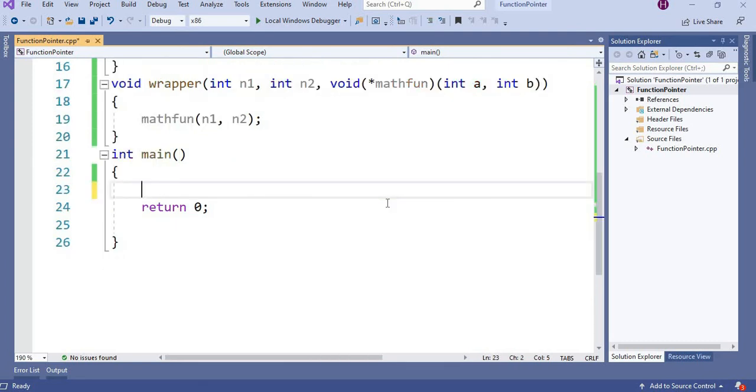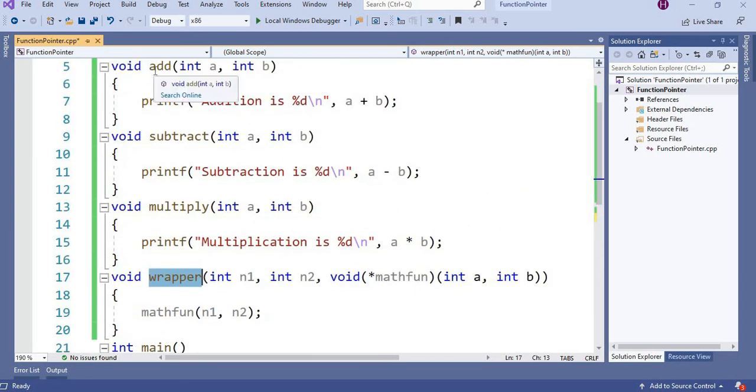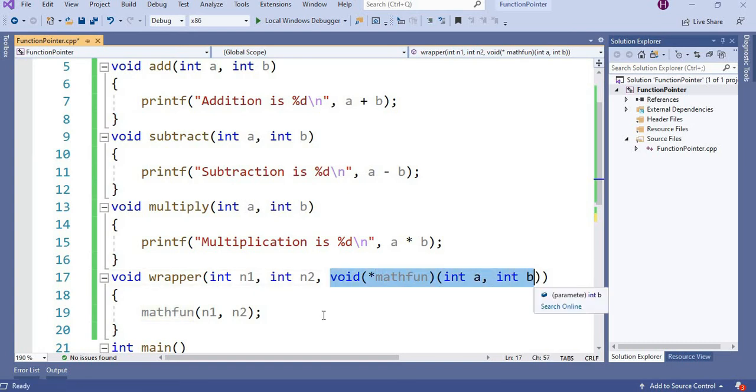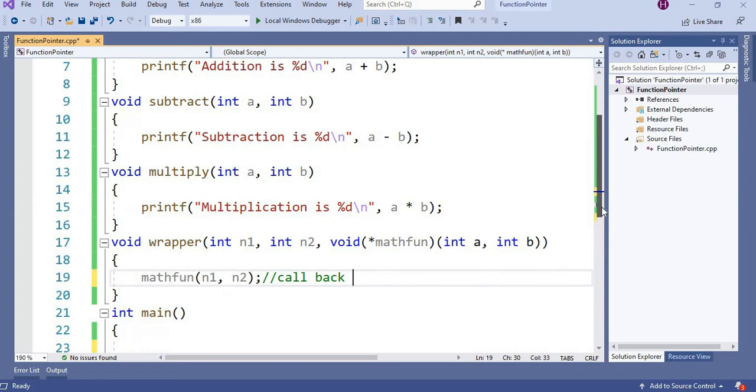Now we need to create a callback mechanism using a function pointer. For that I have addition, subtraction and multiplication. I have created a wrapper function which has 2 arguments and 1 argument as a function pointer. Here mathfun is a callback, as I explained in my previous video on the callback function.